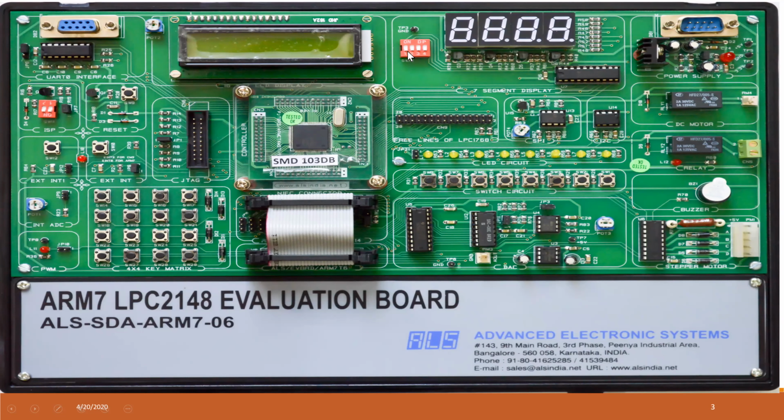Okay, so here there are switches, so you can make it on and off. Okay, so if I switch it on, this 7 segment display will be on, and the other 3 similarly, so you can switch on and off, so that all the LEDs you can make it on. Okay, so here the program is, you should display 0 to F on any one, or I'll show you how to display 0 to F on 4 7 segment displays also. Okay, so these 2 experiments we'll be discussing today.